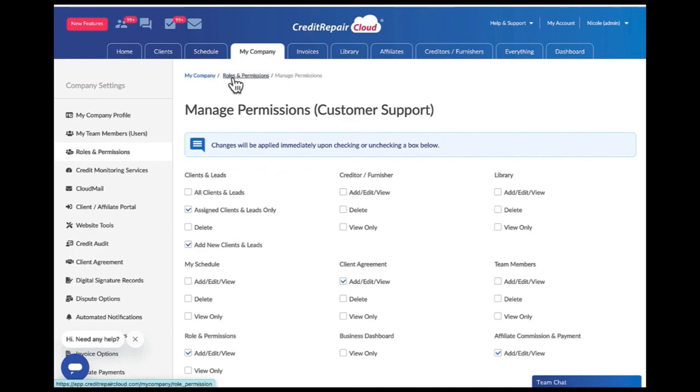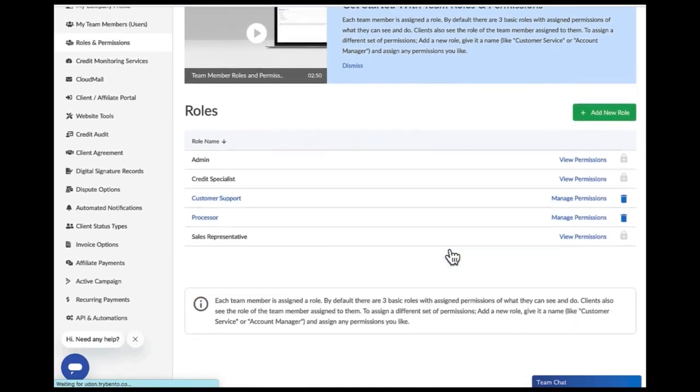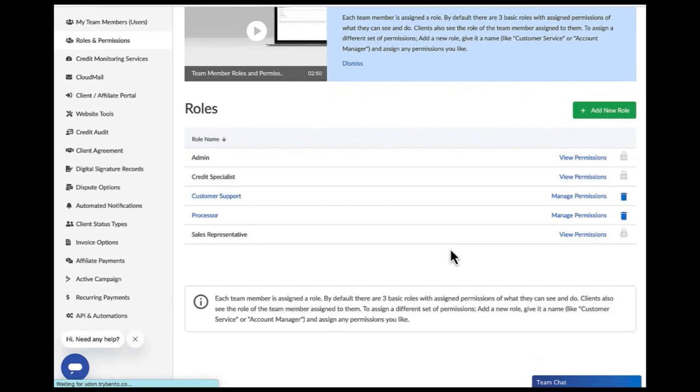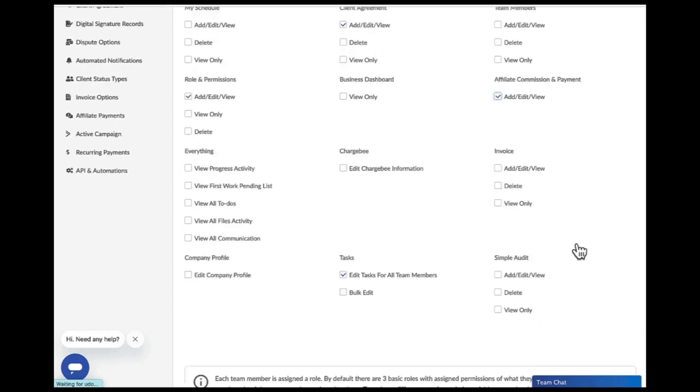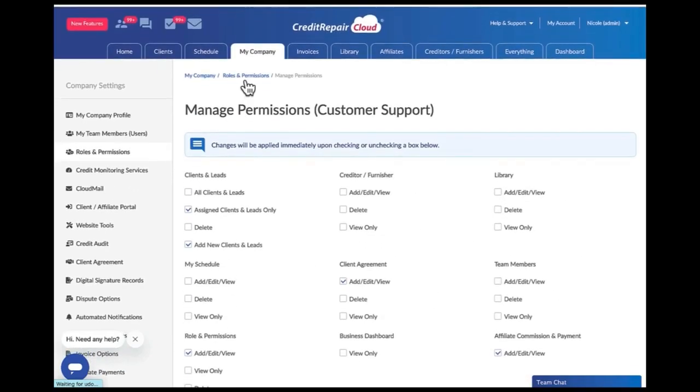So instead of hitting the back button, we want to just hit roles and permissions. You never really want to use the back button when you are using Credit Repair Cloud, because there are little areas where you can click where it will take you back to where you actually need to go, because sometimes it will take you all the way back and then you get lost. So we're going to try not to do that. So you can always check by hitting manage, and you'll see if we want to even select this, we can, and it will be applied. Okay, so